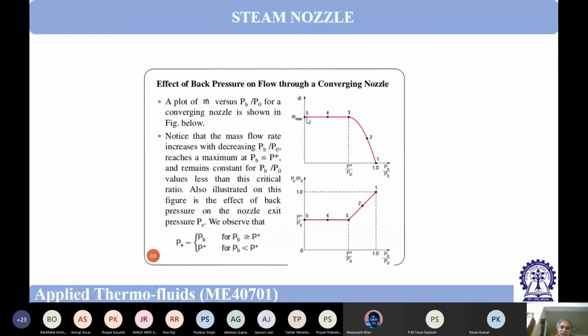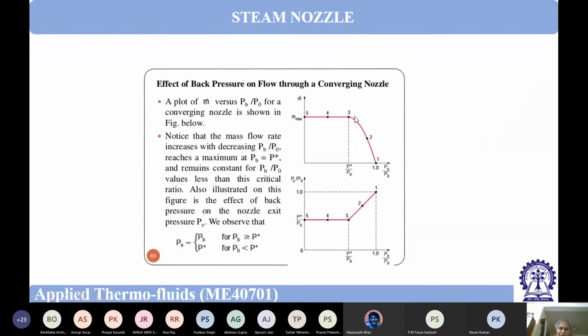As if the nozzle becomes totally ignorant that there is some sort of a change at the end of it. And this is called the choked condition, as if the nozzle got choked. That's why it is not able to send any more mass, or it is called the critical flow condition. And this pressure is called critical pressure, as I have already told. So this is what happens. And here the pressure is like this, that we come to this point, and after that this ratio remains P star by P0. Okay.